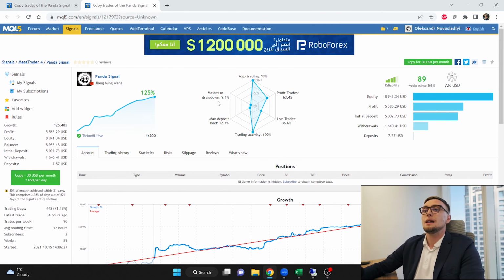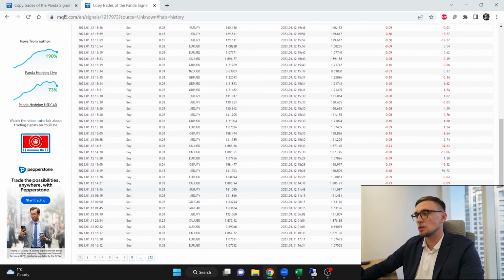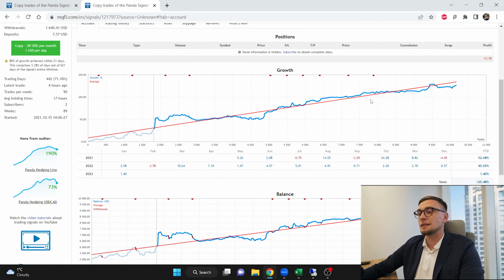At the same time, the maximum risk was only 700. He's not using stop loss, but at the same time he's closing positions in minus. He's not trying to hold them, so that's why his equity is not ideal. But we are not running for the ideal equity. First of all, we want to get a consistent profit.